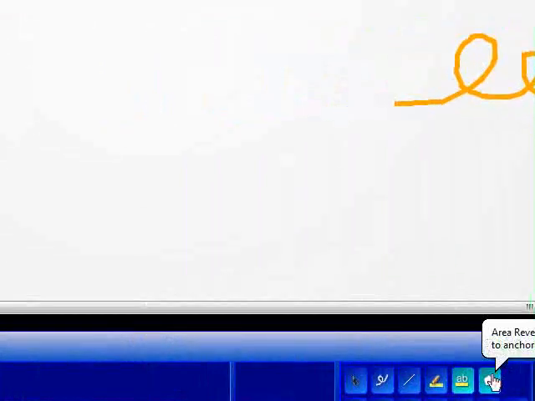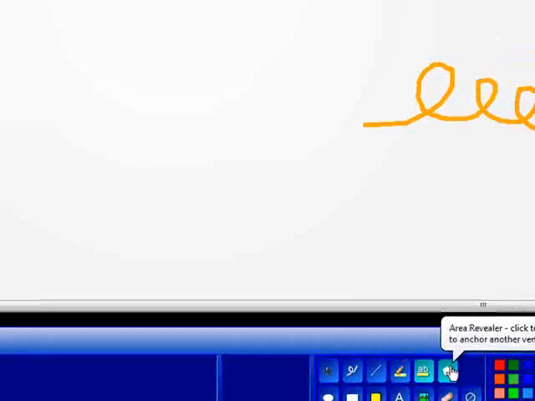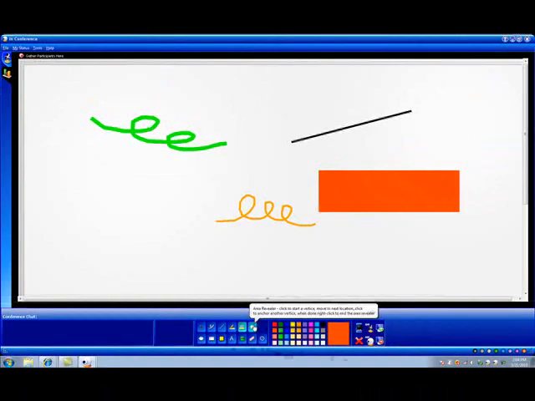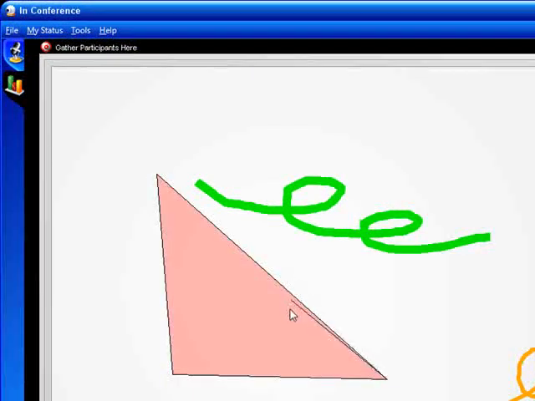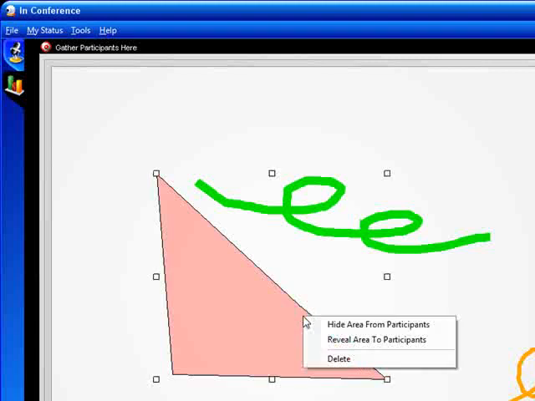Then what we have here is what we call the area revealer. The area revealer allows me to cover a certain portion of either a document or the whiteboard itself, and I'll show you how that actually works. When you click on the area revealer, you draw the area that you want to cover, and when you right click on the item, anywhere where the pink is, you're hiding the area from participants. You click hide,